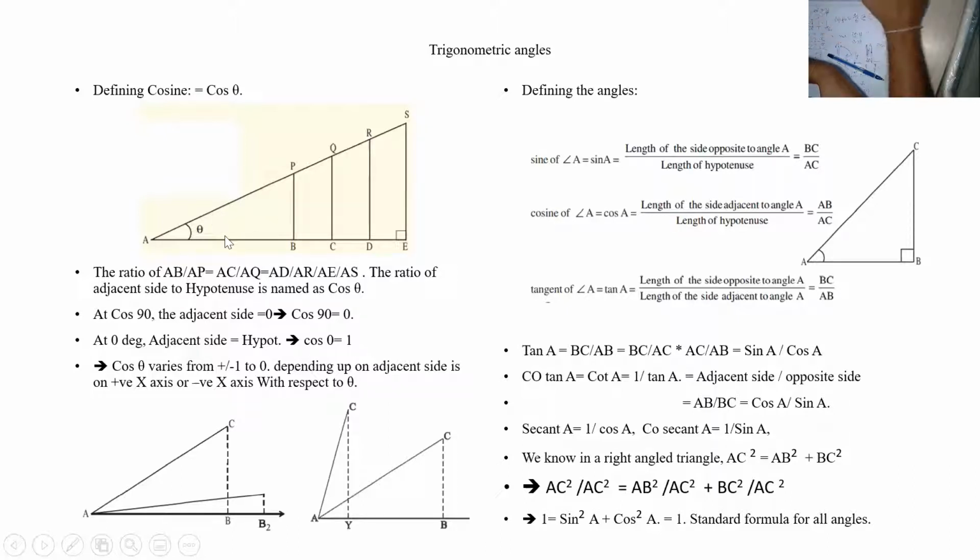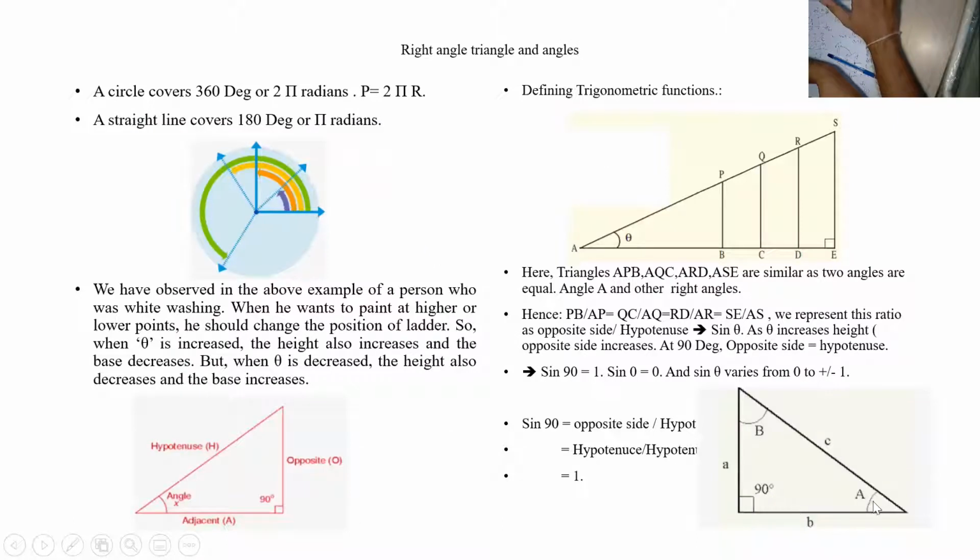So if you see here, what is cos A? Cos A is equal to adjacent to A, which is B, so B by C. C is the hypotenuse. This is also adjacent, but this is the hypotenuse. So cos A is B by C. What is cos B? Cos B is A by C. Even though C is also adjacent, we take the smaller side by hypotenuse. What is cos 90? Cos 90 is adjacent side by hypotenuse. I can take A by C or B by C. But it is 0. We'll see how it is 0.